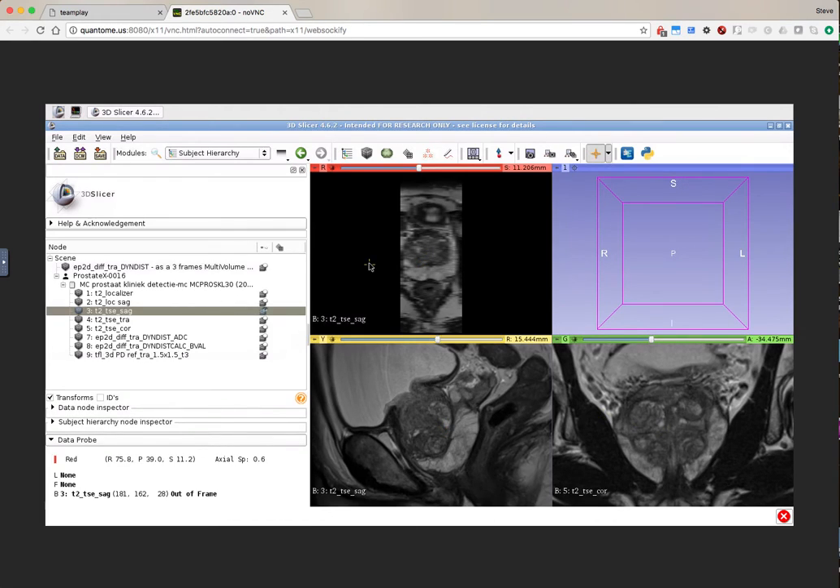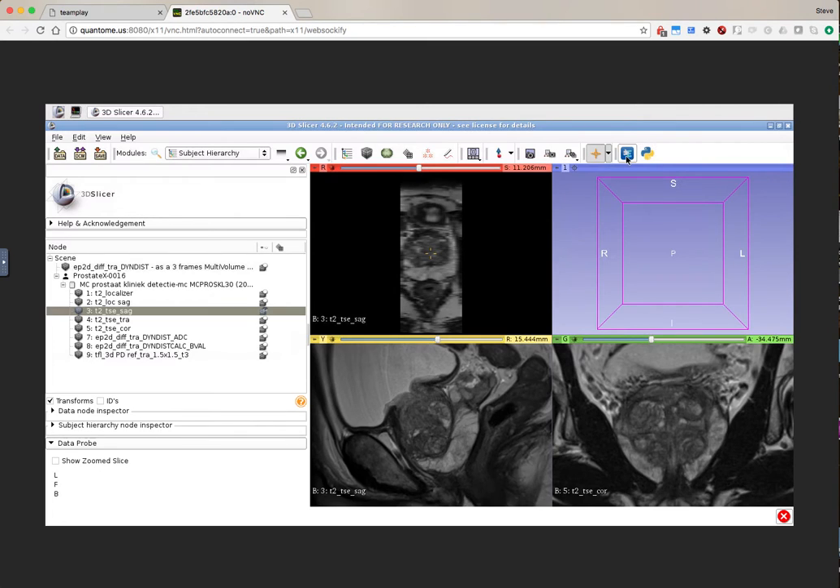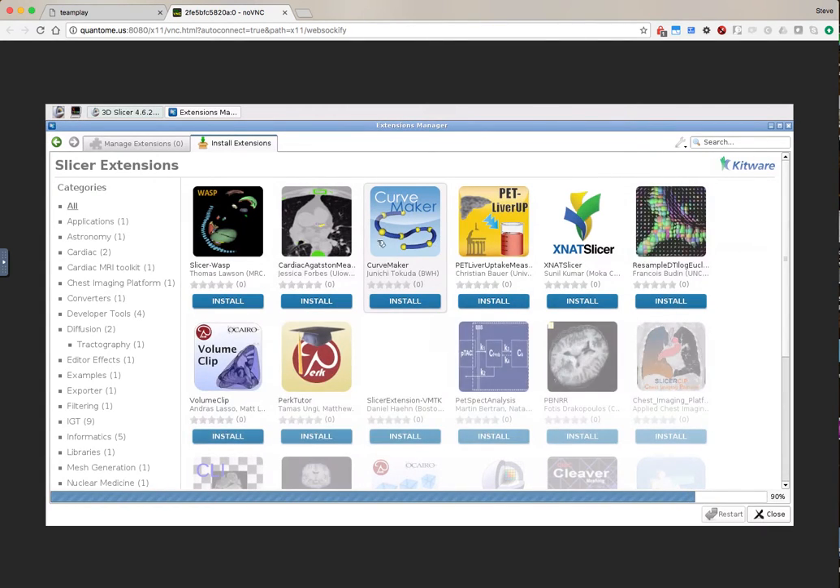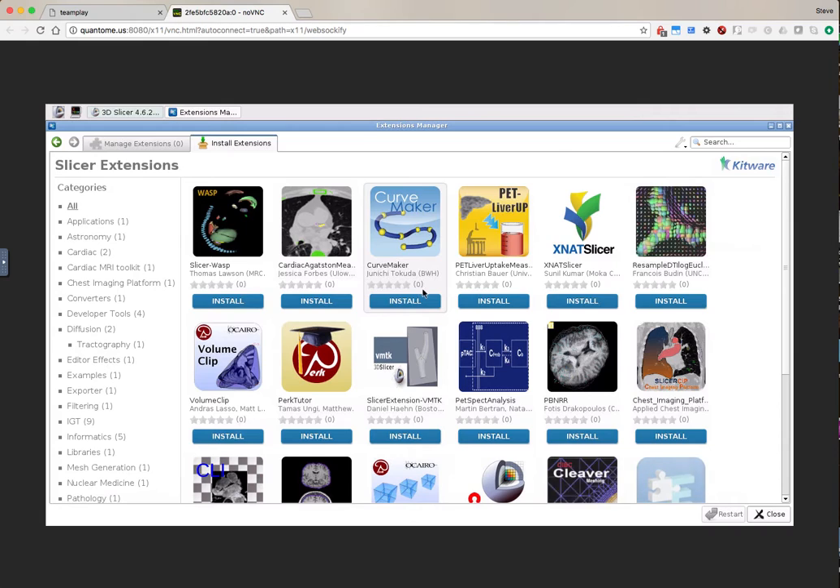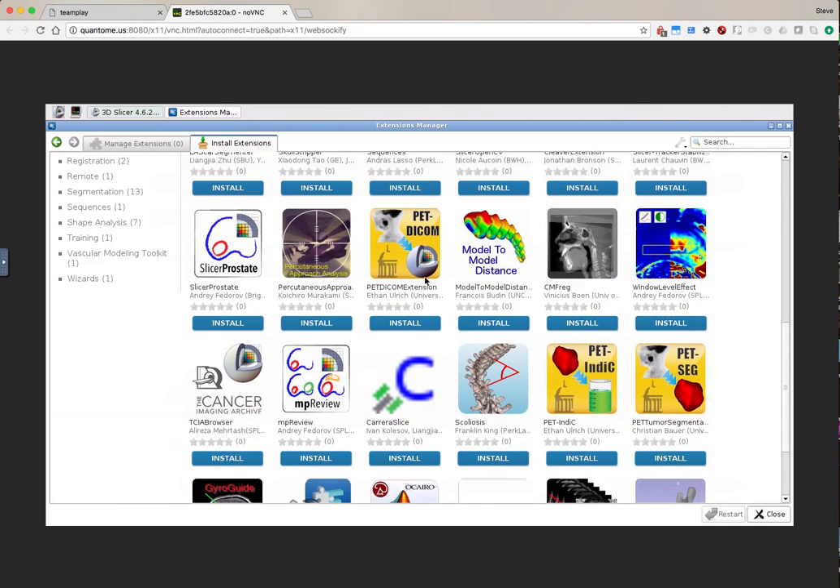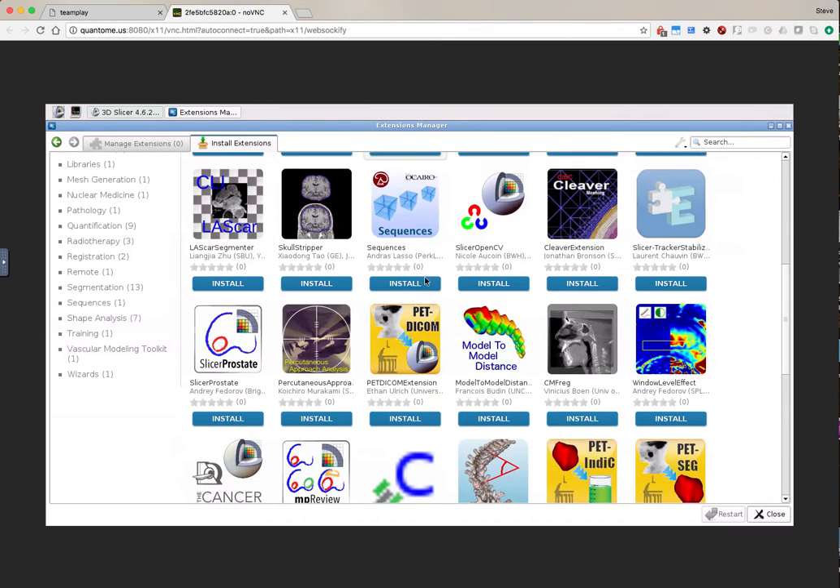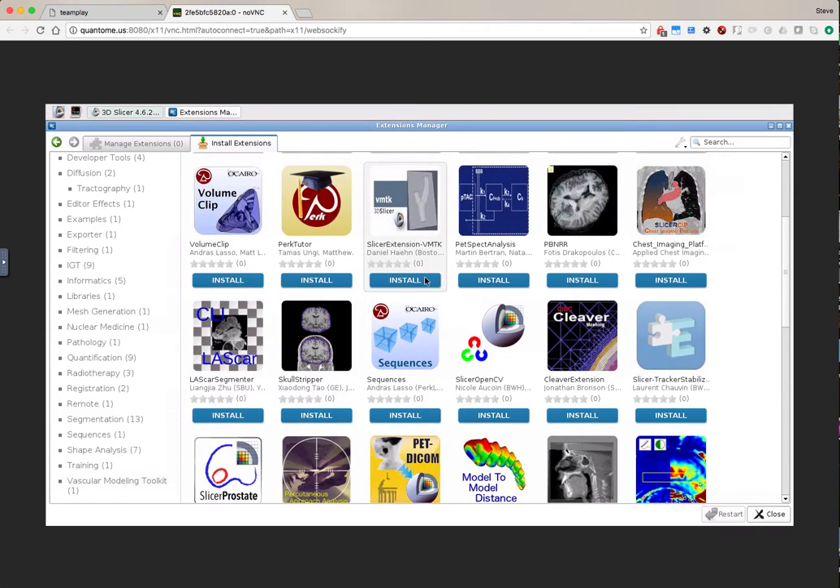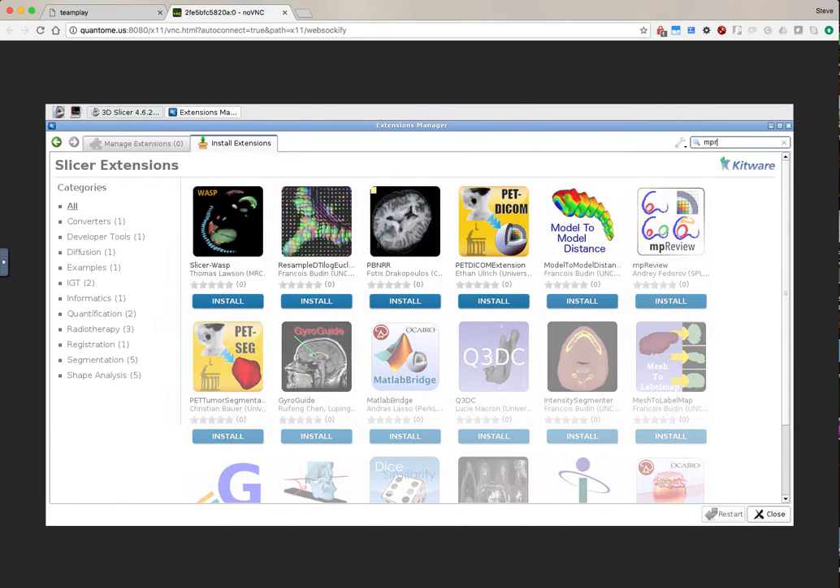And actually Slicer has many features that you can use. We won't go into them all here, but once the data has been transferred from TeamPlay over into Slicer, you have a wide range of applications available. These are called extensions in Slicer, a number of different specific ones, but I wanted to show just quickly that